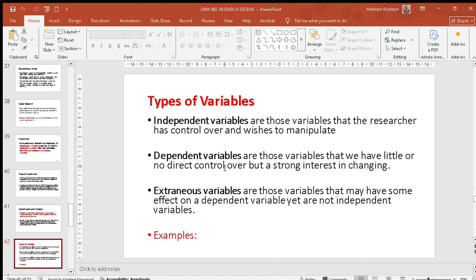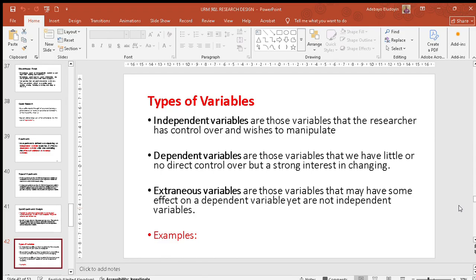And so the dependent variable depends on the independent variable. So we are interested in changing it, but for now we can't change it because the change depends